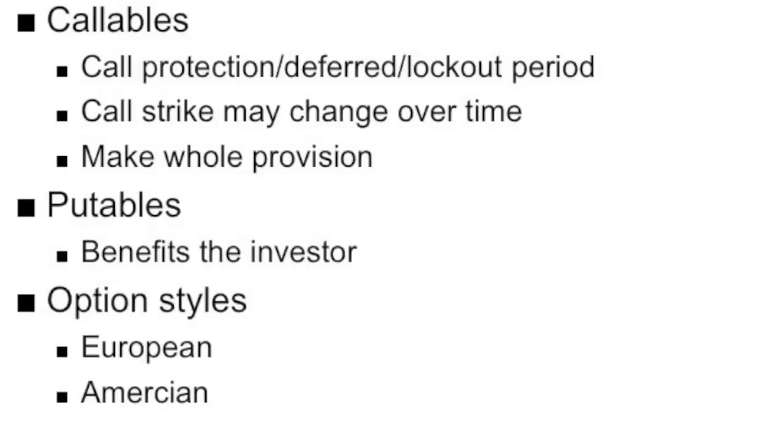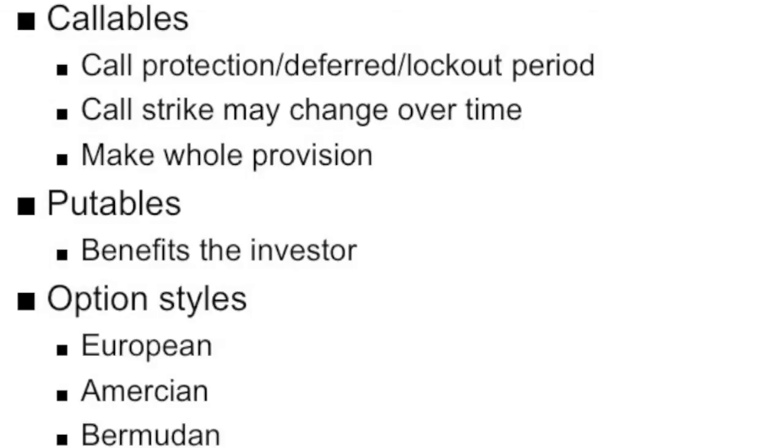When people talk about option styles, there is jargon associated with them, and so options will often be described as European style or American style. This is just a general description with regards to options, trying to describe their feature. It's not necessarily where the option was traded, or perhaps in this instance, options embedded in bond, where the bond was issued. A European style option typically suggests it can only be exercised on one specific date, whereas American style option often suggests it can be exercised on any business date leading up to and including a specified date.